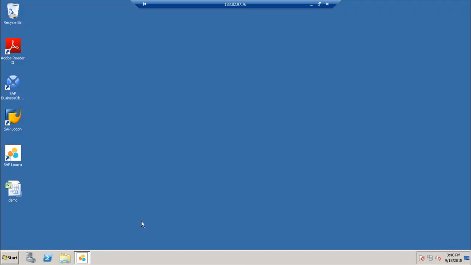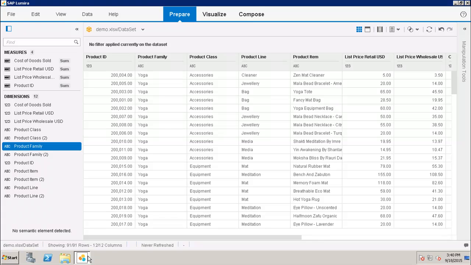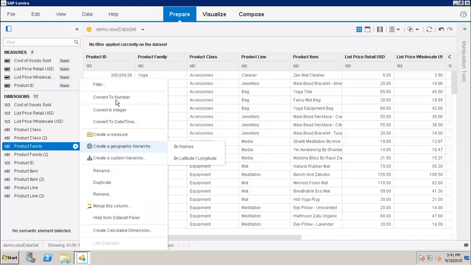So if I go here to my SAP Lumira tool, this is the data set I have acquired from my Excel file. So now let's see if I want to filter this data, how can I do that? First of all, if I have this product family, I will go to the options here, and then here I have the option of filter.